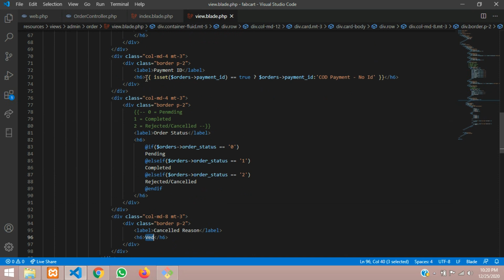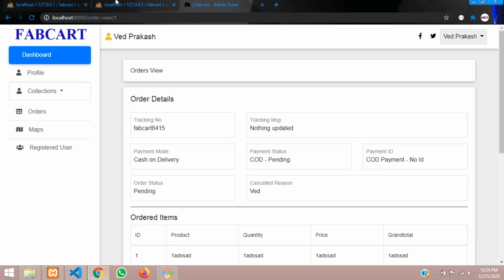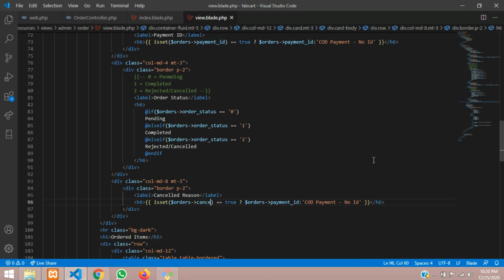So let me just copy this isset function and paste and call the cancel reason name, which is cancel_reason. So let us copy this and paste it over here. So if it is cancelled, it will show, or else it will tell that no, not cancelled.